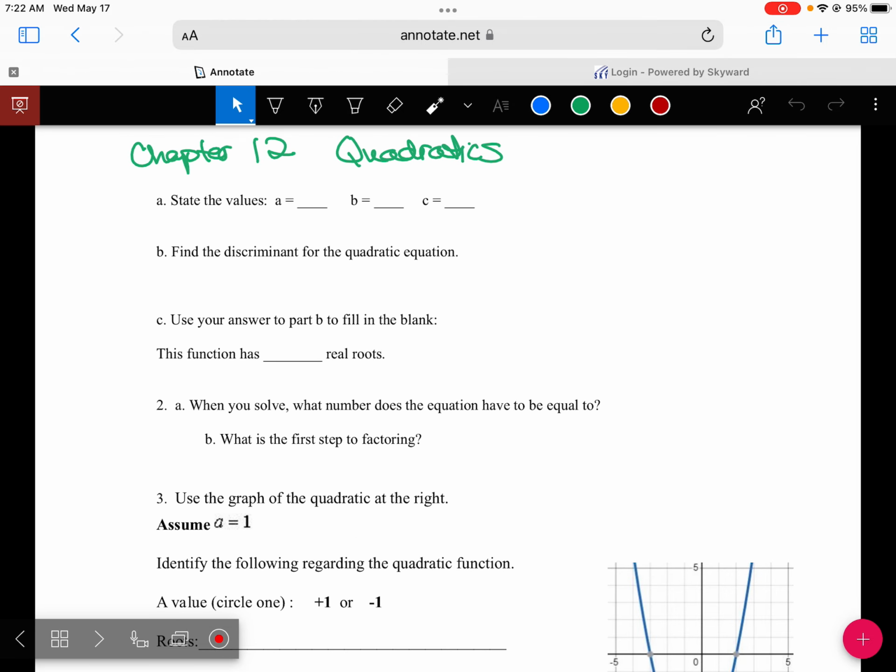Chapter 12, quadratics. Guys, let's put the phones away. Come on. This is your grade. Let's take some pride in getting a good grade, okay? And doing the best that you can. All right, so,